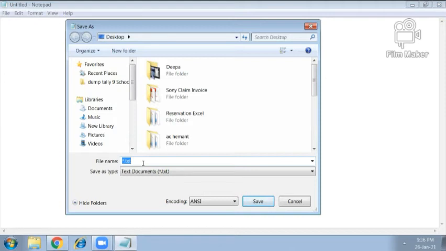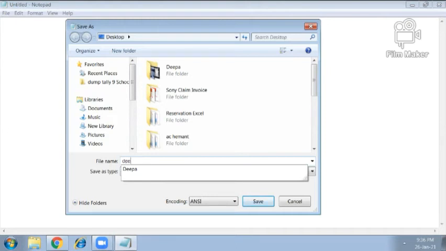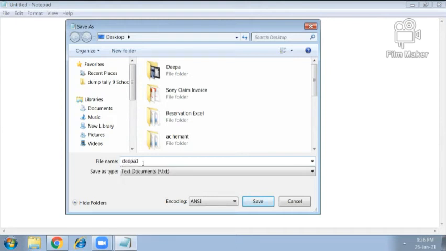Now I'm going to give the name to my file like this. Okay. Now you can see that it has provided us the .txt extension. It means the document is a text document and the extension is .txt. You can easily understand that our file is related to Notepad.